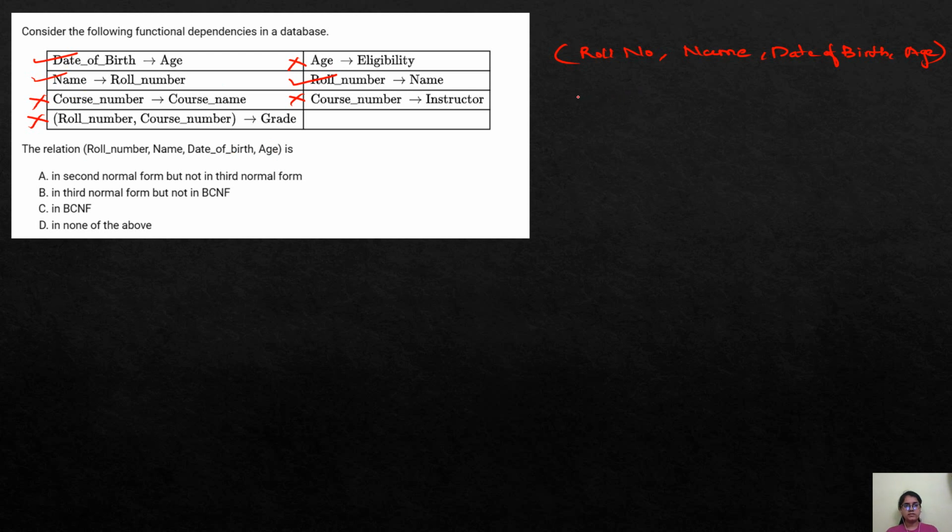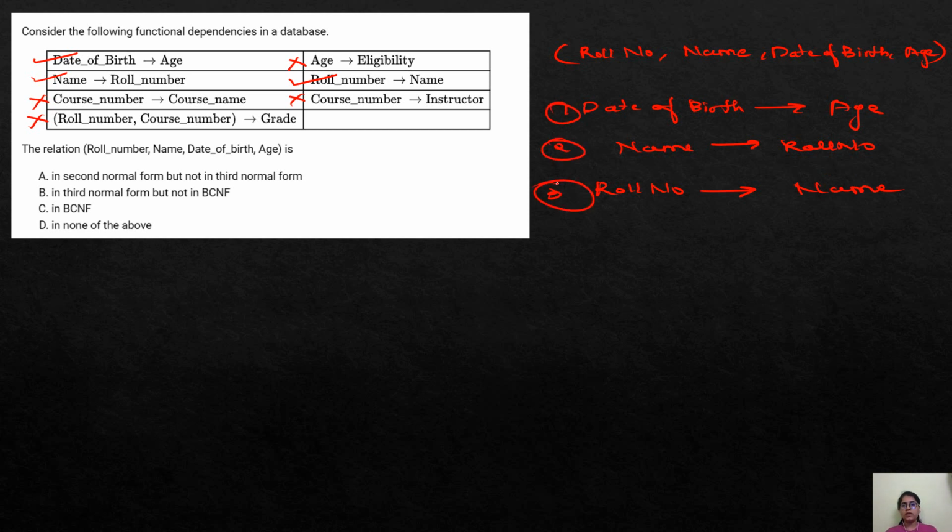So what dependencies do we have? Date of birth derives age, name derives roll number, and roll number derives name. So we only have these three dependencies. Okay, 1, 2, 3. We only have these dependencies. Now for checking which normal form it belongs to,